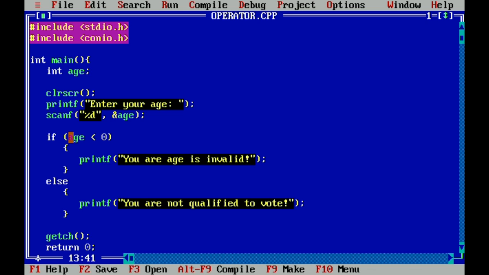So once the age is less than 0, which means that it's a negative value, then the age is invalid also. This would be the result. Okay. Otherwise,